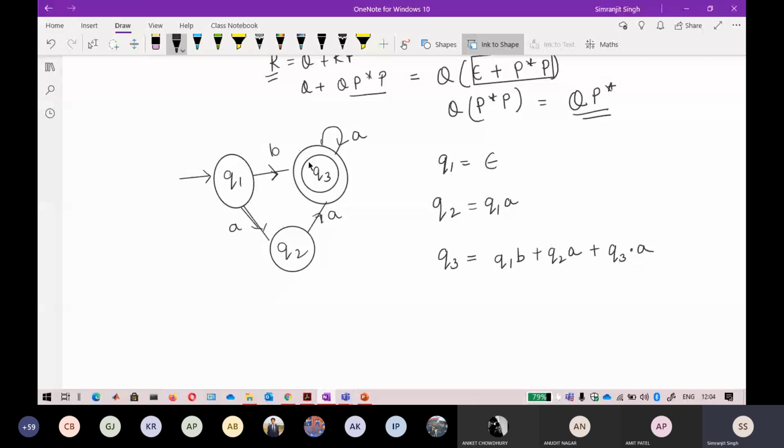Okay, so only see for one state. Don't think that you will do it like this: Q1A and then Q2A. Don't do this. Only one single path you have to follow. So for Q3 go back, single path Q1B. For Q2 it is single path Q2A. Okay, so that is very simple. Now afterward what you have to do is back substitute.